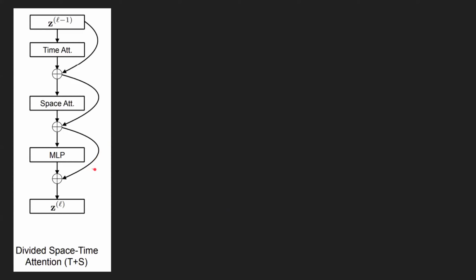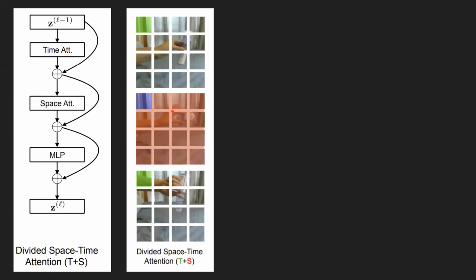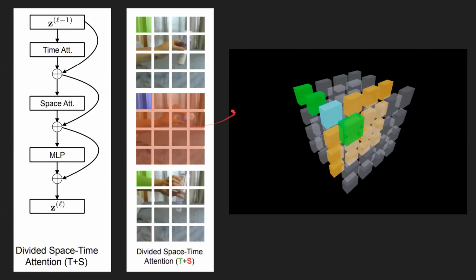Next, we have divided spacetime attention. This is our first two-transformer network, so it has a time attention and a space attention, and these are separate. If we look at our 3D view and our little clip view here, it will first look at time, which is green, and then look at space, which is represented by the orangish color. So time attention is done first, and then this frame attention, this spatial attention, is done second. This also ended up being the most accurate that they were able to build,